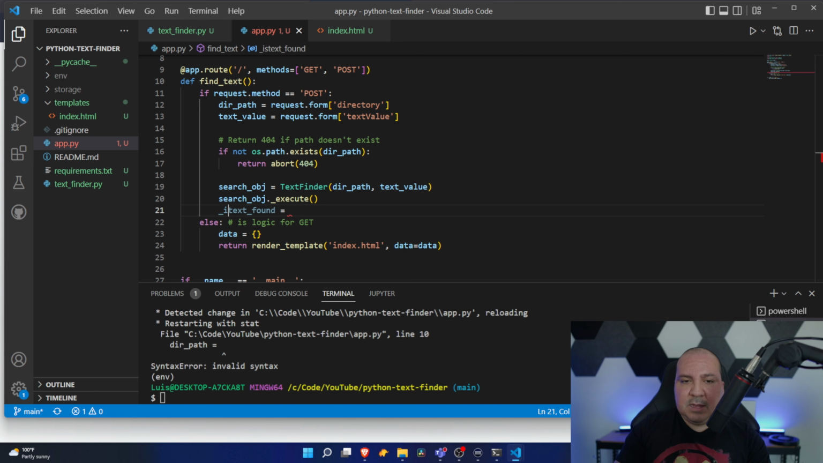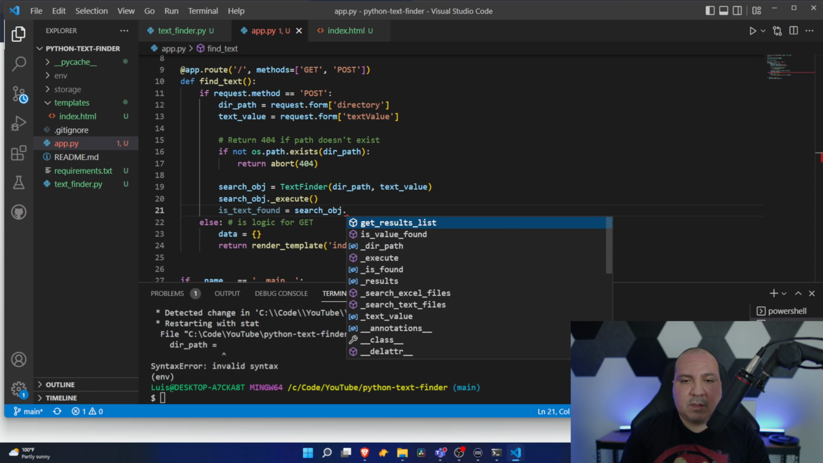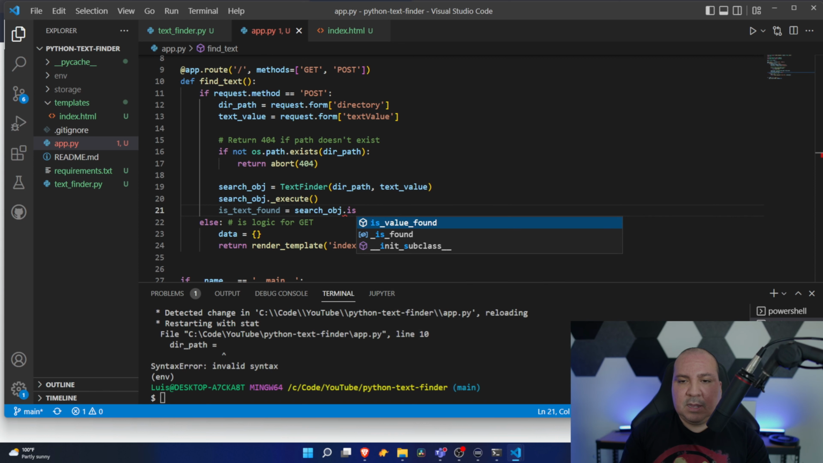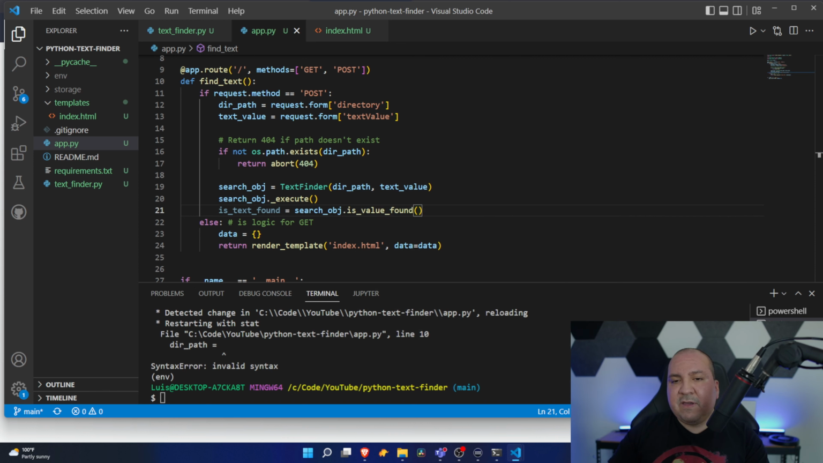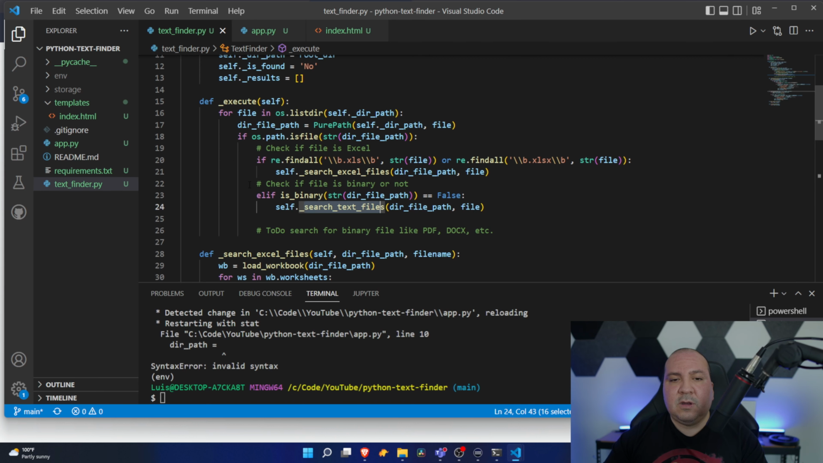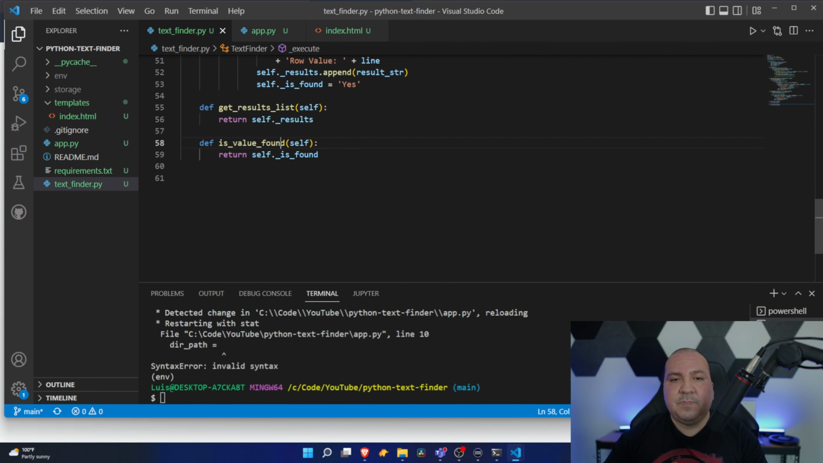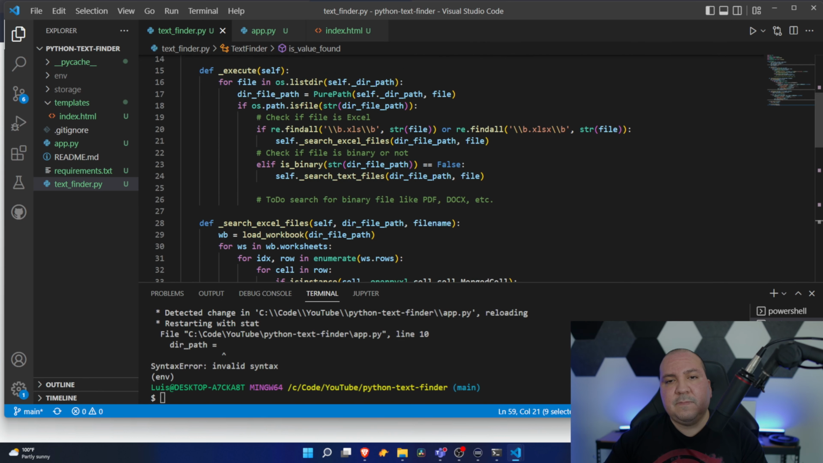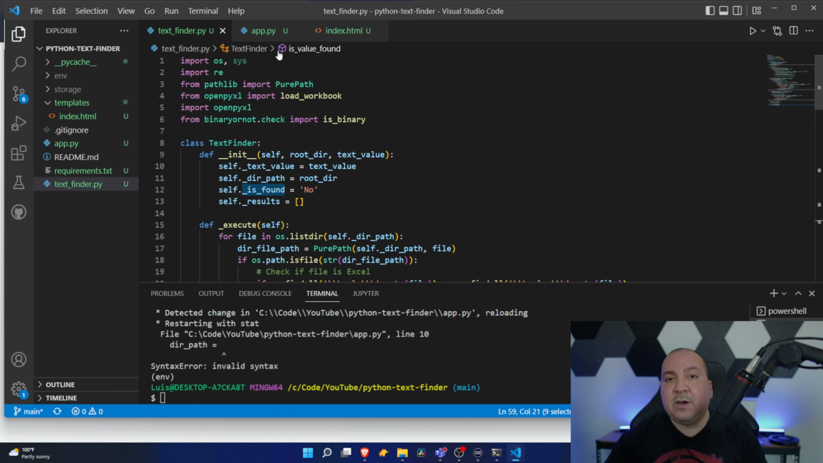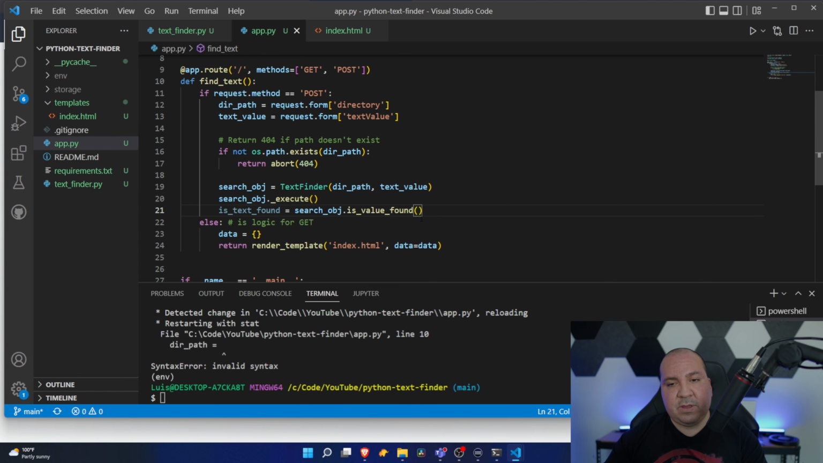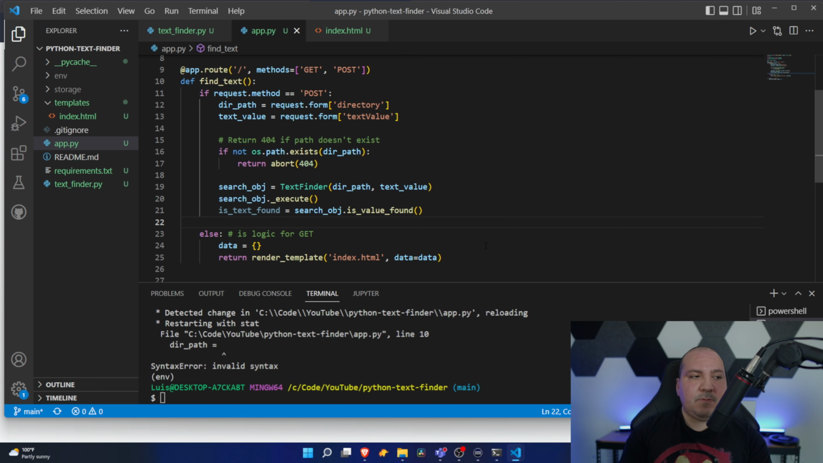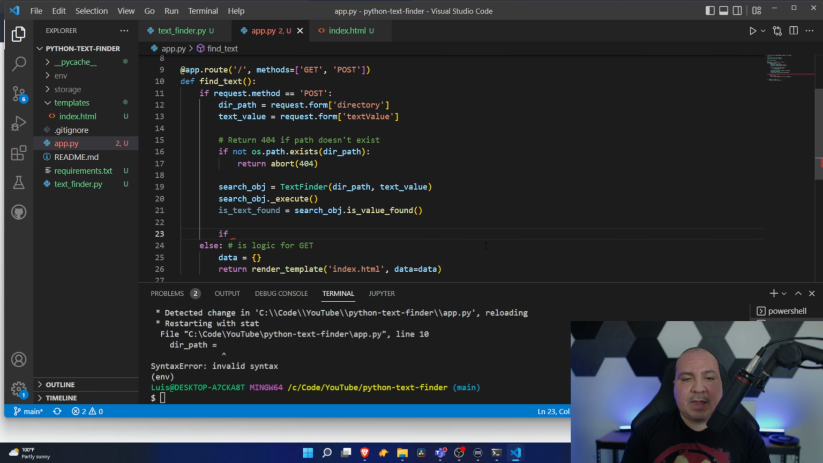Let's call this is text found. Okay, so this would be search object dot is value found. We have a function in here called is value found, and it will return this is found value, which by default is no, but it changes to yes if there is a match. Okay, so once I do that, now I'm gonna have an if statement. If is text found equals yes,